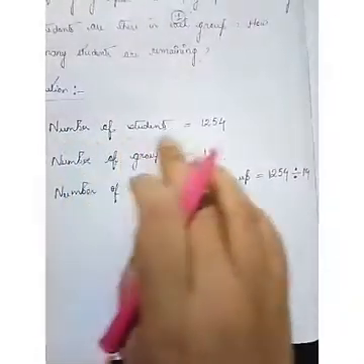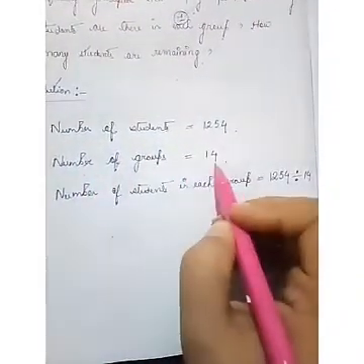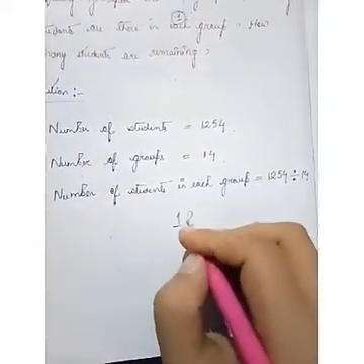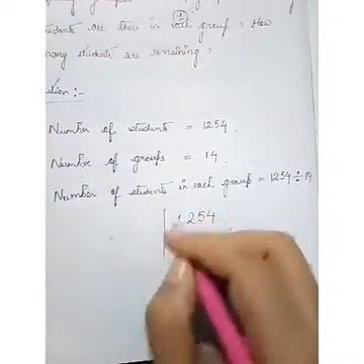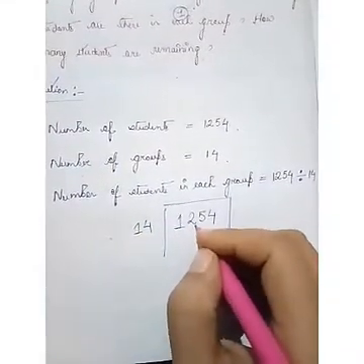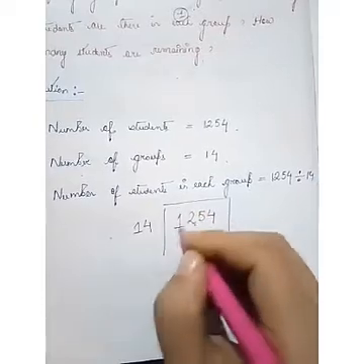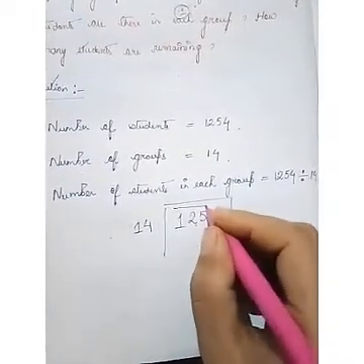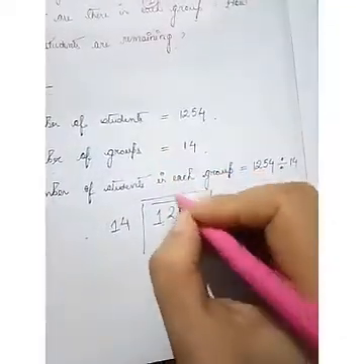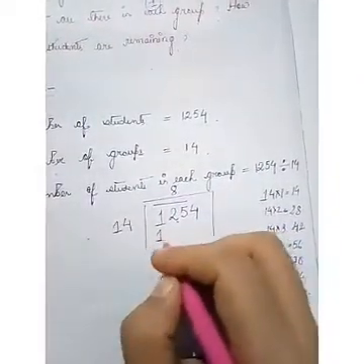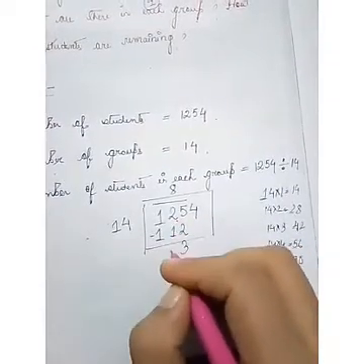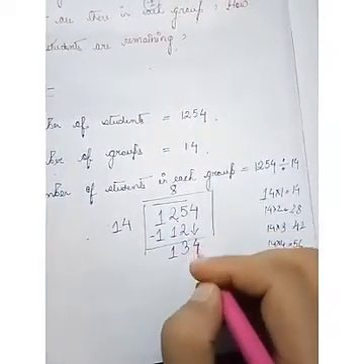So I have written the statement here. Number of students equals 1254. Number of groups equals 14. Number of students in each group is this much. So we'll try to divide the number. So 1254 becomes the dividend and 14 becomes the divisor. Now look here, 1 and 2 is smaller than 14, that is 12 is smaller than 14. So we'll take the 3 numbers here. You can take the 3 numbers. Now we have to look at the 126 is bigger than 125. We'll take 8. Okay. So 14 into 8 equals 112. We have to subtract. 5 minus 2 is 3, 2 minus 1 is 1. So 4 will come down. That is the rule. Okay.